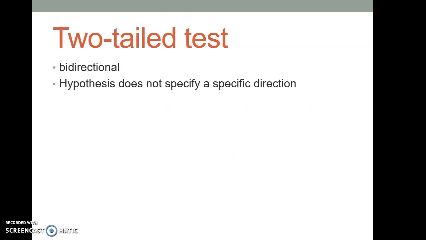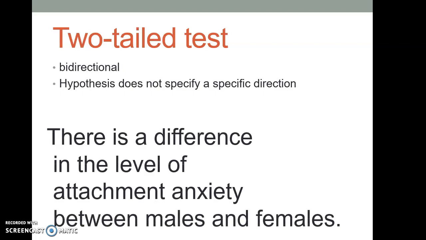So, in terms of creating our hypothesis, there are two tests that we need to refer to, and this is the one-tailed test and the two-tailed test. A two-tailed test is a bidirectional hypothesis statement. In other words, in this hypothesis statement, there is no specific direction. The direction can be right, left, high or low, positive or negative. So there is no specific direction. It can be bidirectional. For example,